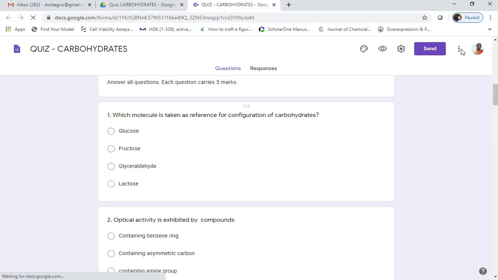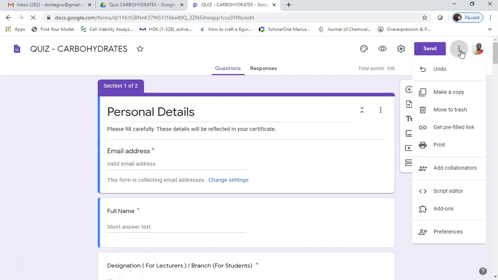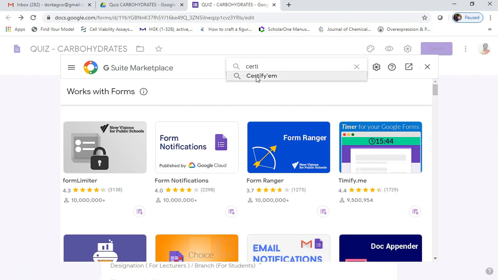Here you can see these three dots. This is the more symbol. When you click on that, you will see some options. The options you can see are undo, add-on. See here, this is add-on. Select that one